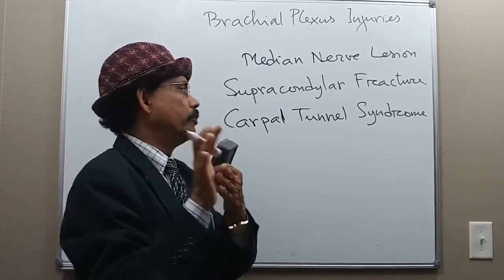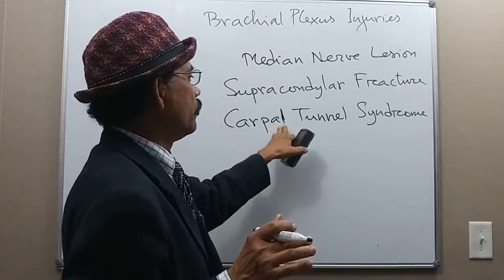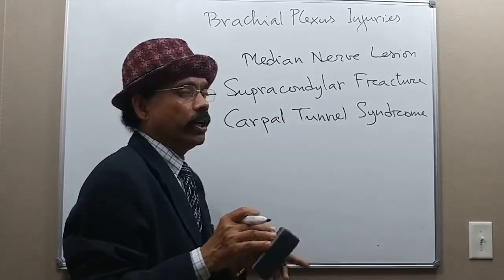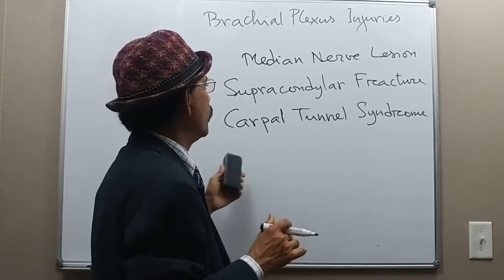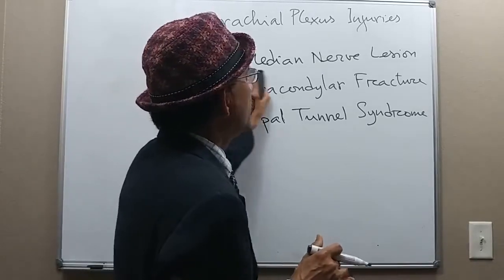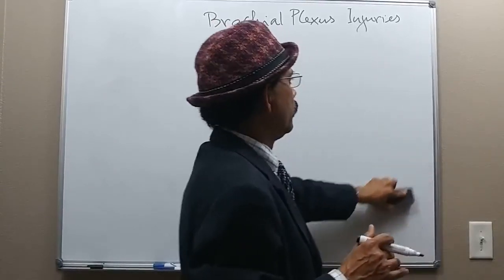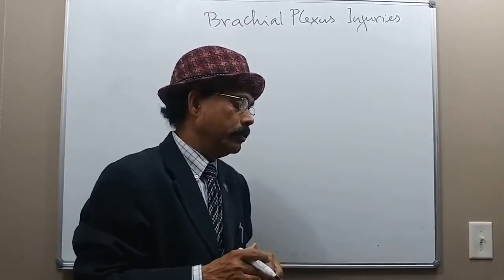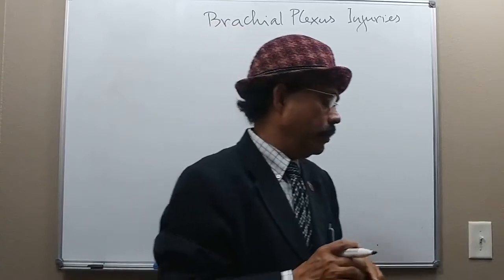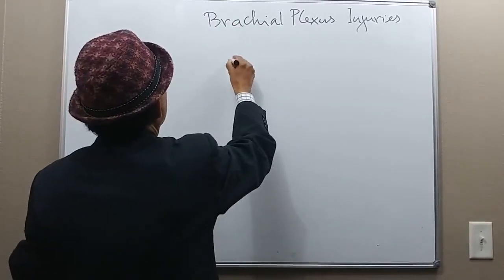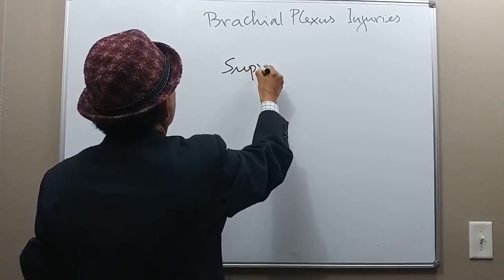Cutaneous innervation will also be disturbed due to carpal tunnel syndrome, due to compression of the median nerve under the flexor retinaculum. Okay, we got the median nerve lesion. Now we have other nerves, like suprascapular